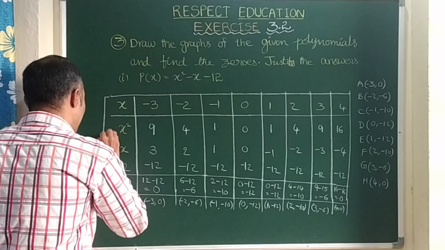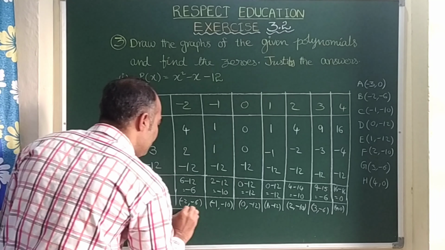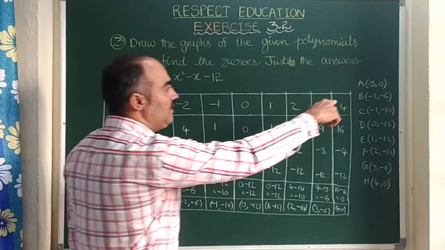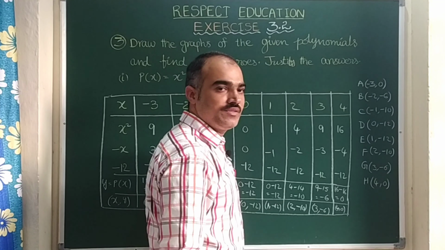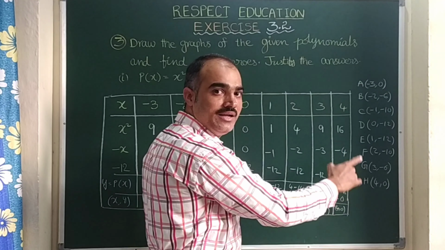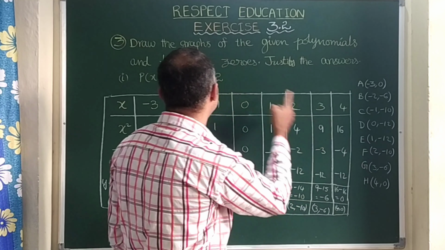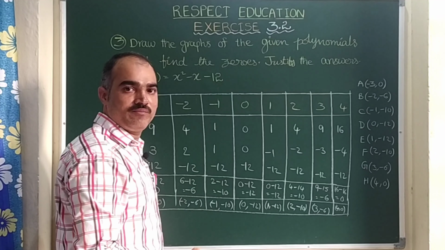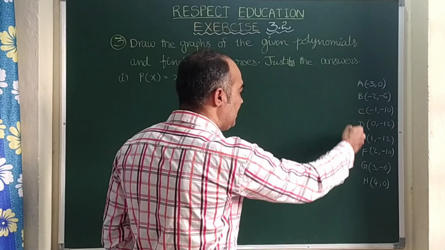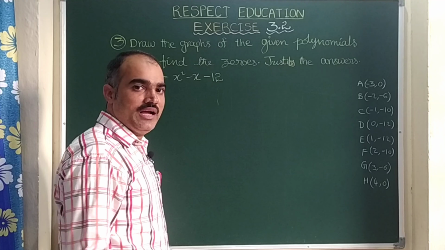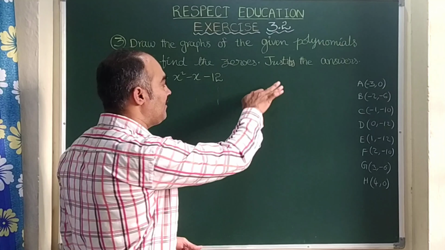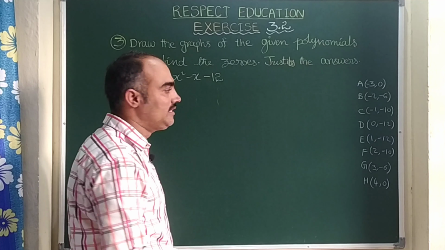So here I would like to conclude this box. Now with these values I am going to plot the points which indicate the graph of the given polynomial. Right? Now let us plot these points on graph paper. Actually here children, you need to use a graph book or graph paper, whereas here I will explain how to plot the points. Right?